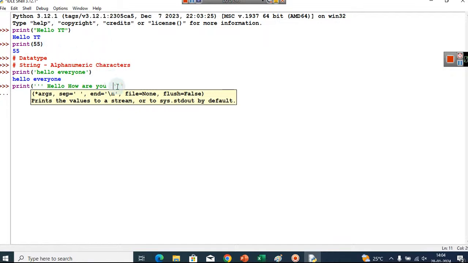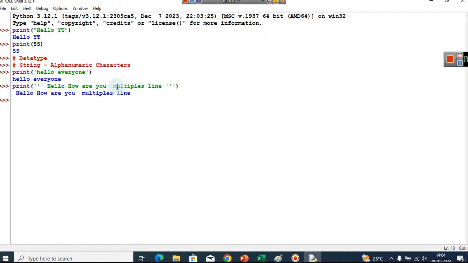And if you have to print multiple lines, in that case you can use triple quotes. You can use this directly in the shell as well. This is where you can use these quotes in order to print something in Python. For example, if it is song lyrics or a paragraph, something that has multiple lines, then we usually use this. This is a multi-line comment also that we try to use in Python.